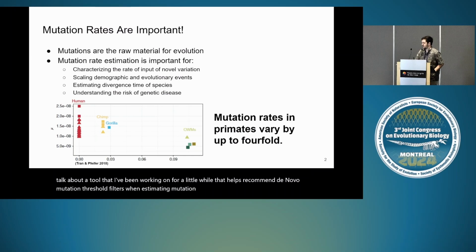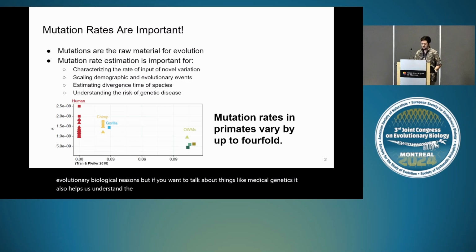So the first thing I want to talk about is the importance of mutation rates. The Pfeiffer lab primarily studies mutation rate variation in non-human primates. Mutations are, of course, the raw material for evolution. Mutation rate estimation is important for things like characterizing the rate of input of novel variation, scaling demographic and evolutionary events, estimating the divergence time of species, and all of those are very important for evolutionary biological reasons, but if you want to talk about things like medical genetics, it also helps us understand the risk